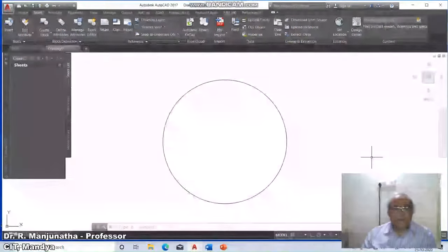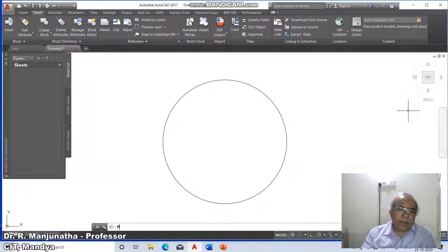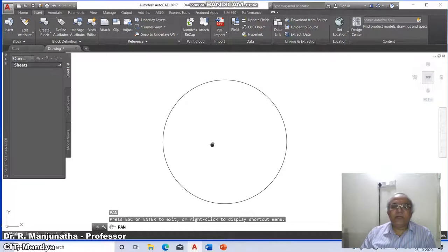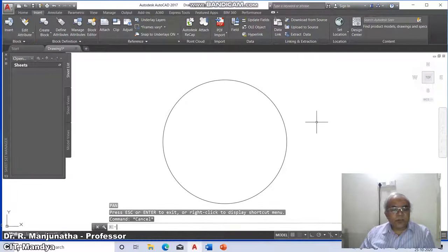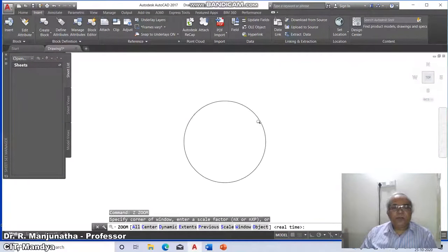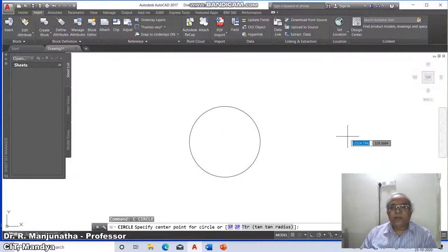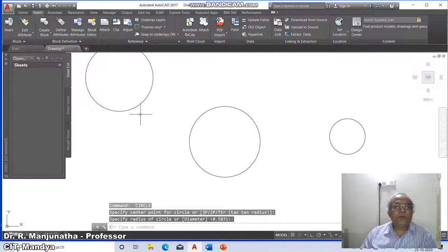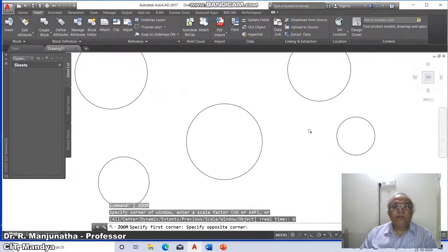The next command we are talking about is pan. But of course, normally we will not use it. Here is how pan works. I will draw one more circle here, and one more here, and one more here, like this. I will say zoom in, and you have this.